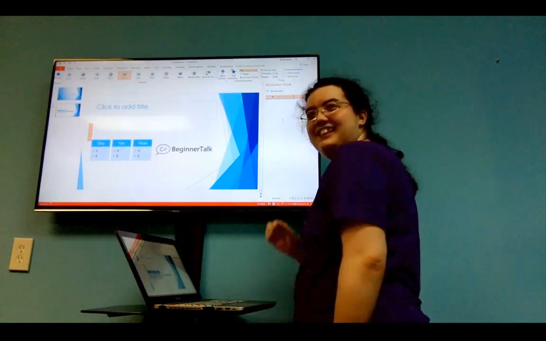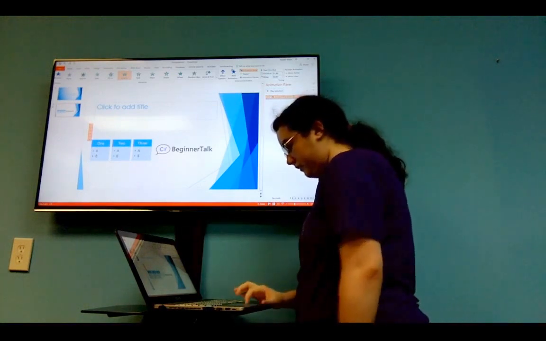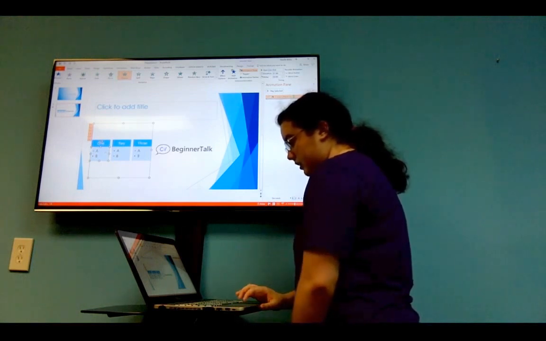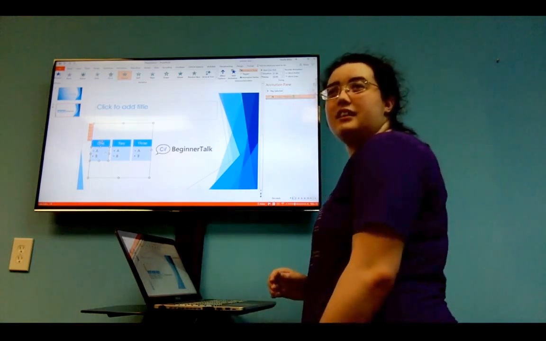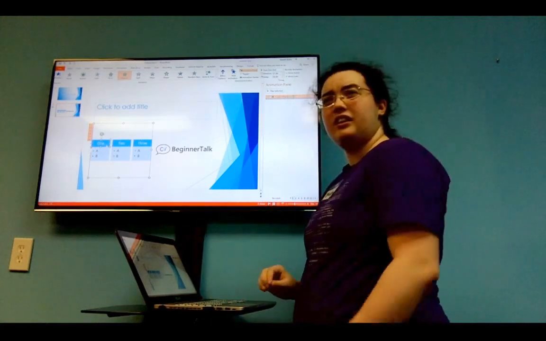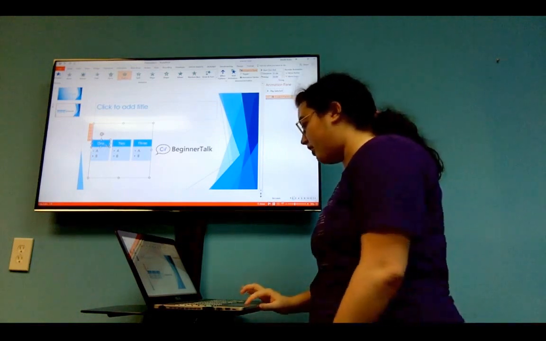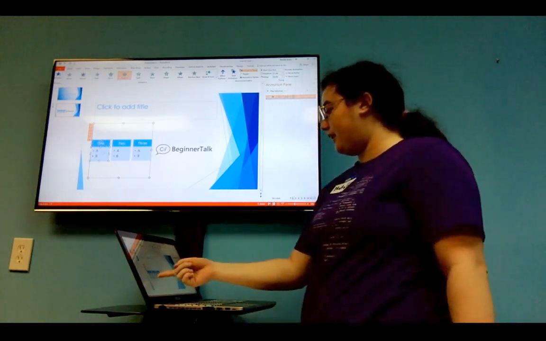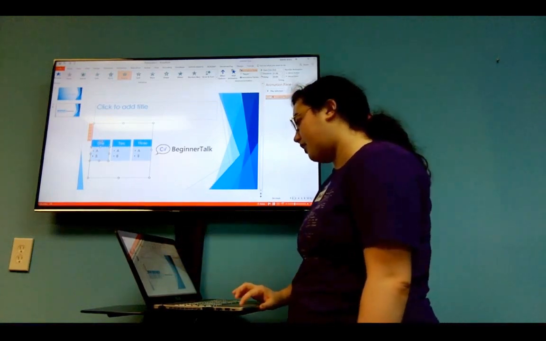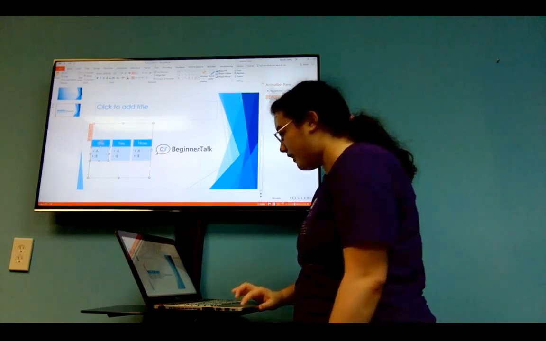Can each of the parts of the SmartArt be treated as separate click elements for something else to happen? Like if you clicked on just the number one, it could trigger something, and just the number two could trigger something. Yes, you can do that as well. So you can make it kind of like a hyperlink. Exactly. So if I wanted to do that, then say I wanted to make a text box appear when I clicked that one. So if I insert a text box,